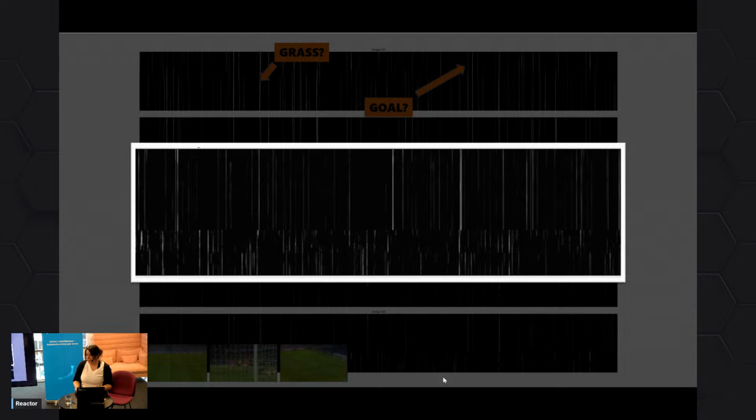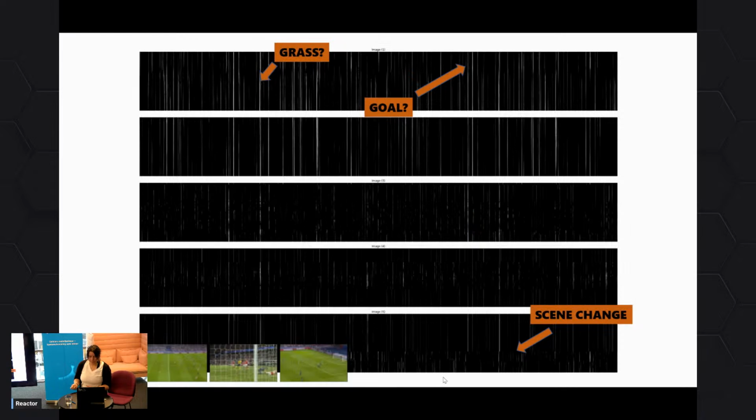Yeah, exactly, right. So this is a very nice view of how effective this is also at detecting scene changes. We didn't actually have to figure out manually what a scene change was. It already knows, because this is an easy pattern for a machine learning model to pick out.